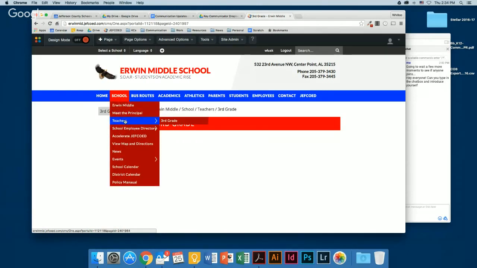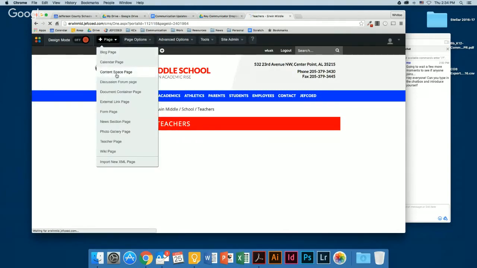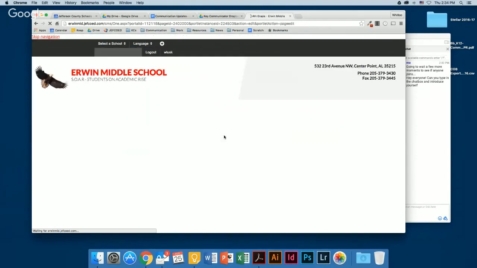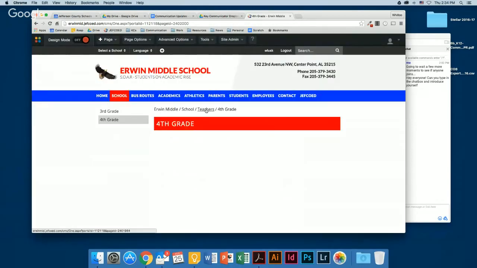If you don't want to have to go back right here, you can come right here, go back to teachers, add another content space page that's called 4th grade. Publish, yes. Now click back on teachers.